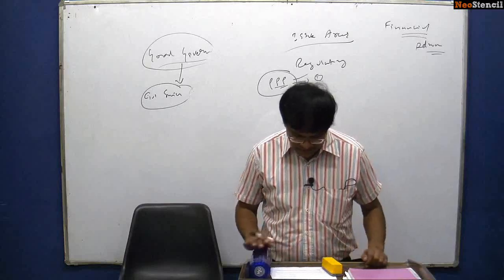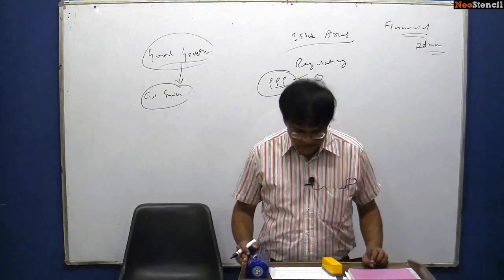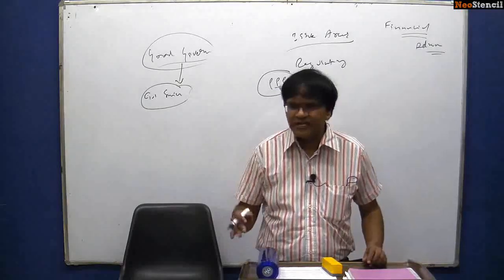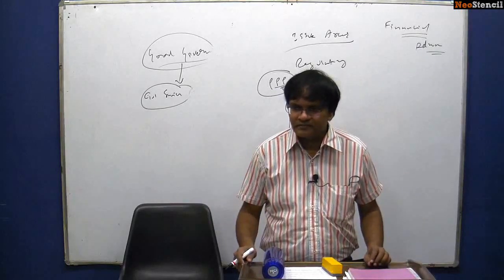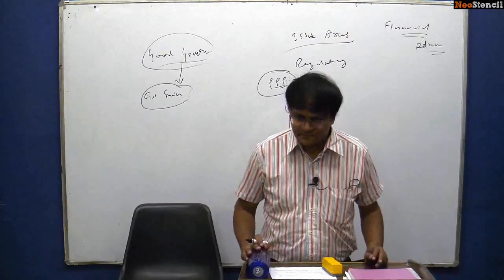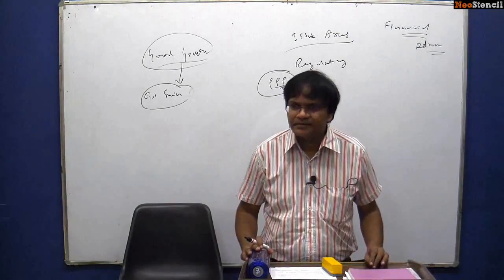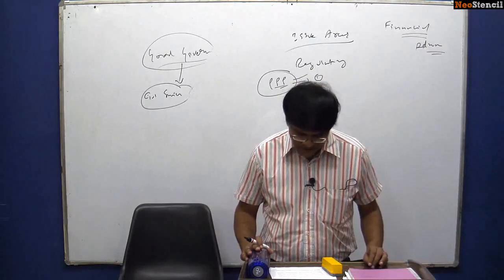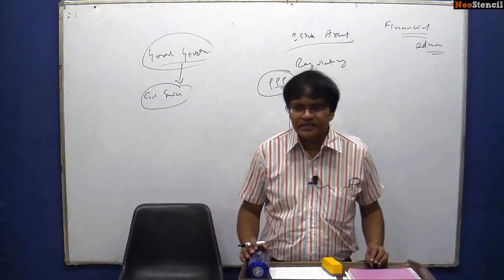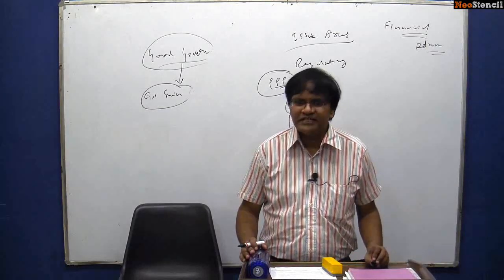Then we will look at the next chapter, accountability and control. As part of this, concepts of accountability and control, legislative, executive and judicial control over administration, we will study as part of Indian administration only. Legislature, executive and judiciary are the three organs of the state. Citizen and administration: all these topics are there in your polity, governance and ethics papers. Citizen and administration, role of media, interest groups, voluntary organizations, civil society, citizen charters, RTI, social audit. These things will be there in your polity, governance and ethics papers, and mostly these things will be asked in